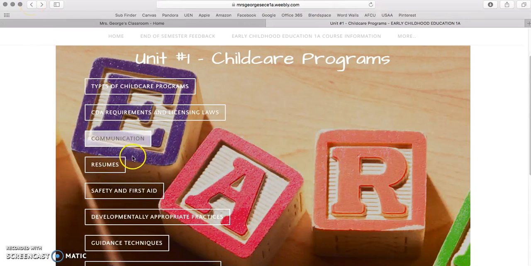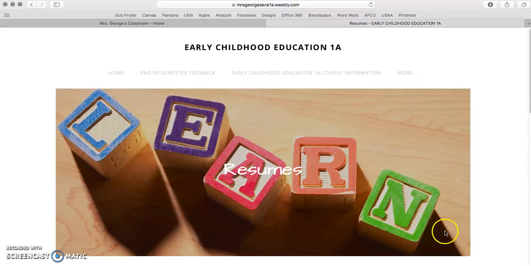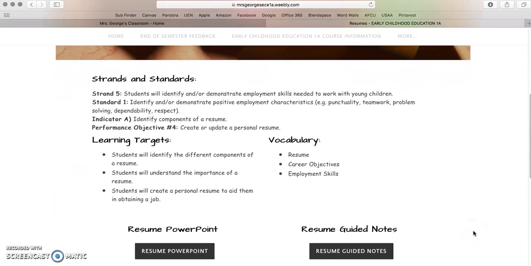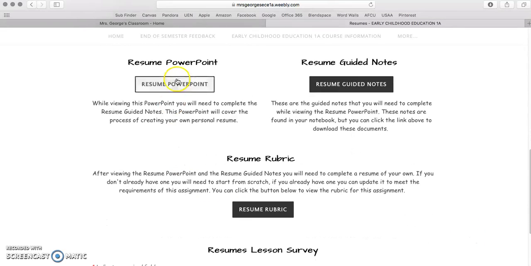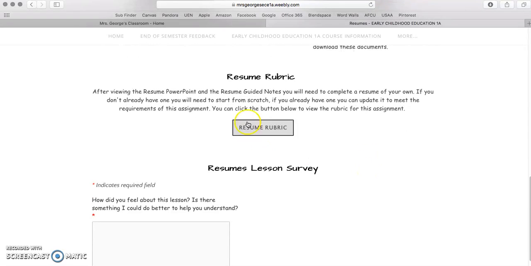So let's look at a different one that's going to have an assignment with it. So let's look at resumes. So it's kind of the same thing for resumes. We've got our strands and standards, our learning targets, our vocabulary. We've got a link to the PowerPoint. The resume guided notes are here. And then you can also